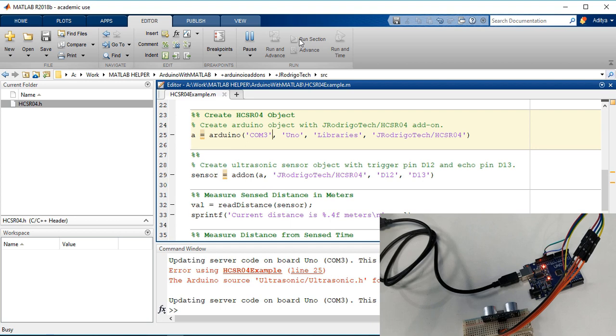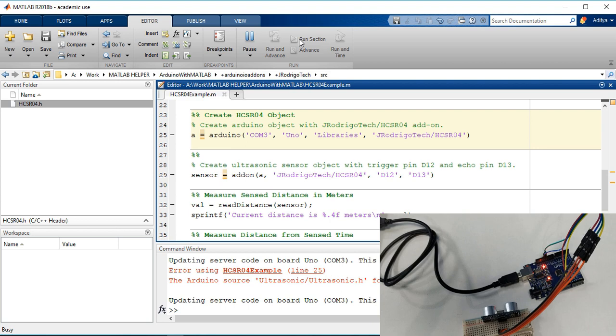So it's updating the server code on the Arduino Uno board, and this time it's taking time. That means the code should work. So I'm just keeping my fingers crossed and waiting for the code to run, and this time it should run. Basically these .h files are the C files which are required for the external hardware.